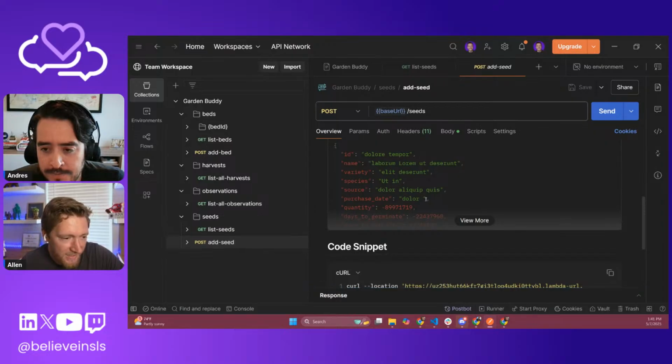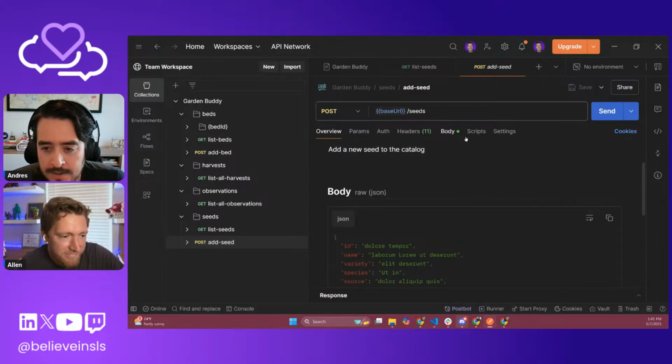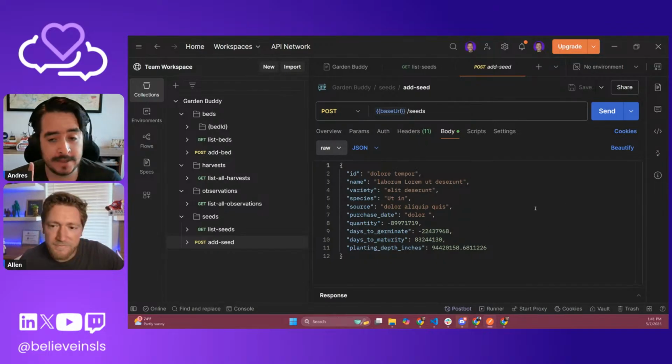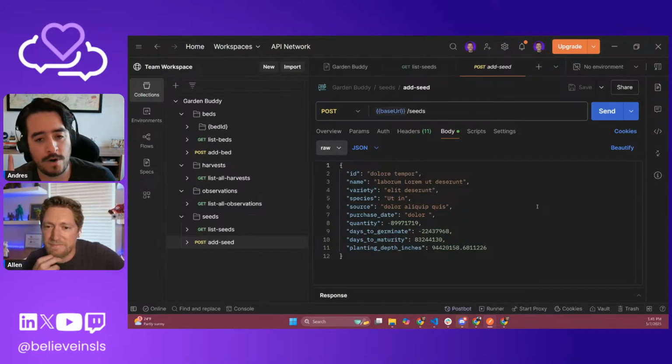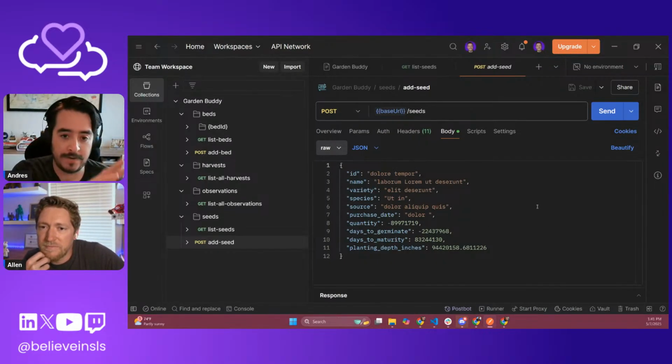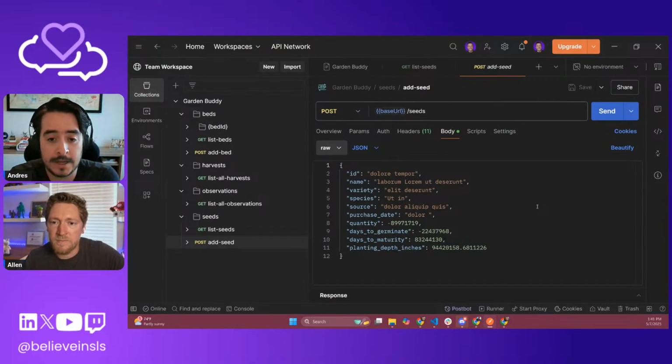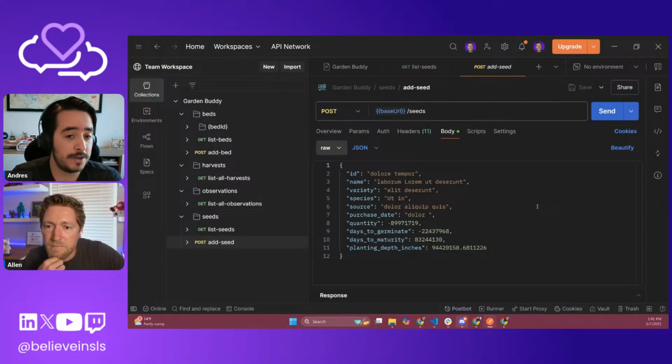We should add a Latin seed. And here's one thing, and I think this might be carried over from the API portion of Postman that's kind of being isolated in the specs. There's another attribute you can add in your OpenAPI specs called example. So you can add those examples, and I believe Postman will take those as your base values.